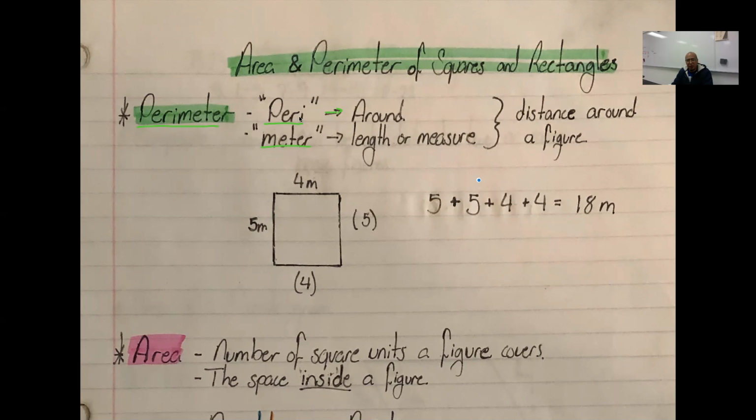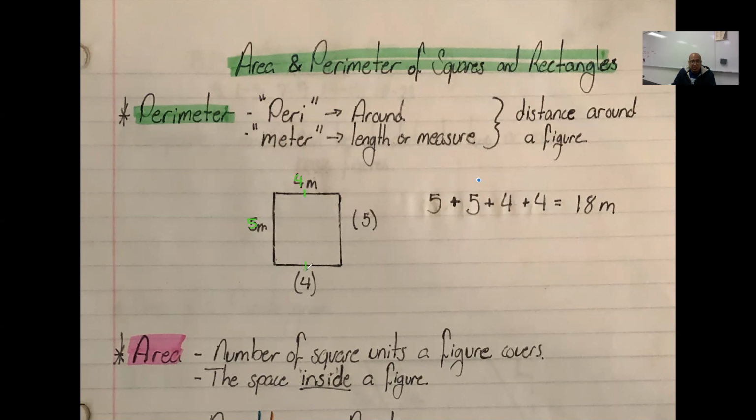So perimeter means the distance around a figure. It's the distance around a figure. And in a rectangle, parallelogram, rhomboid, the way that we find that, ladies and gentlemen, is simply by adding up all the different lengths. You just add them up. Now, the advantage that we have here is that knowing one of the lengths, or really two of them, you can get all four of them,